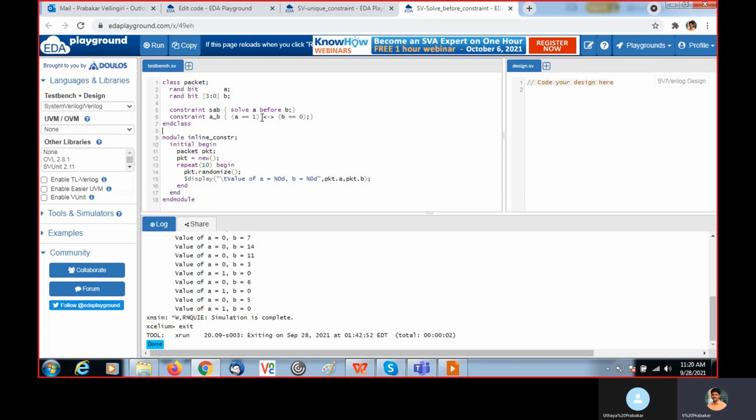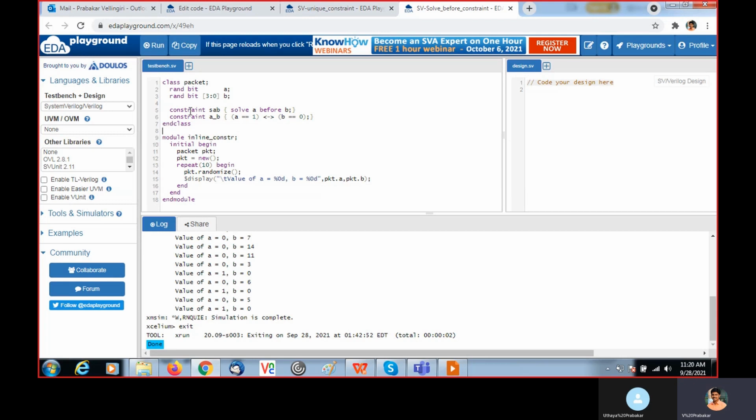When A value is 1, B value should be 0. When B value is 0, A value should be 1. So that is the constraint applied. Then another constraint is solve before. We are mentioning solve A before B, semicolon. The constraint should be mentioned inside the curly brackets. That means we should solve A before B.